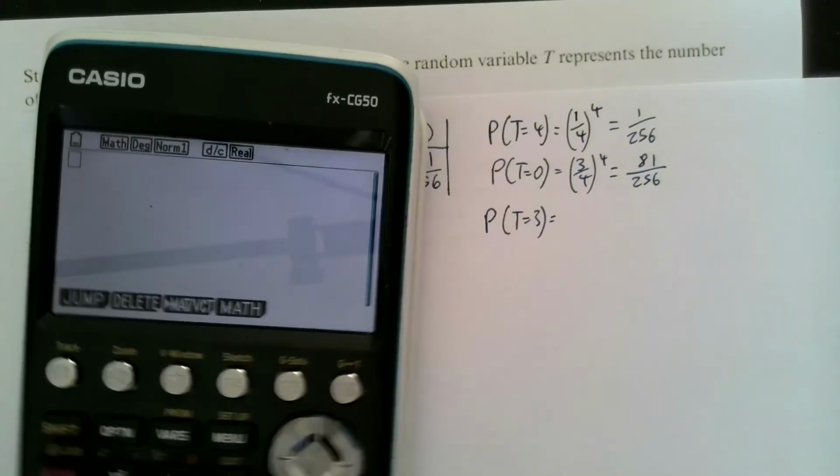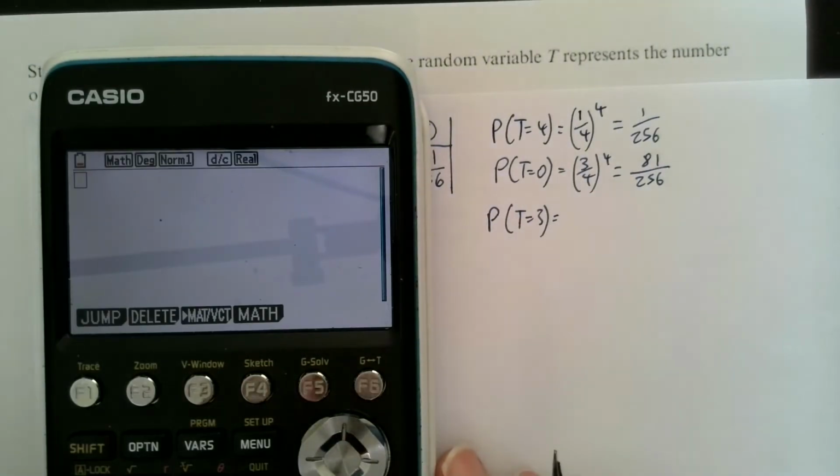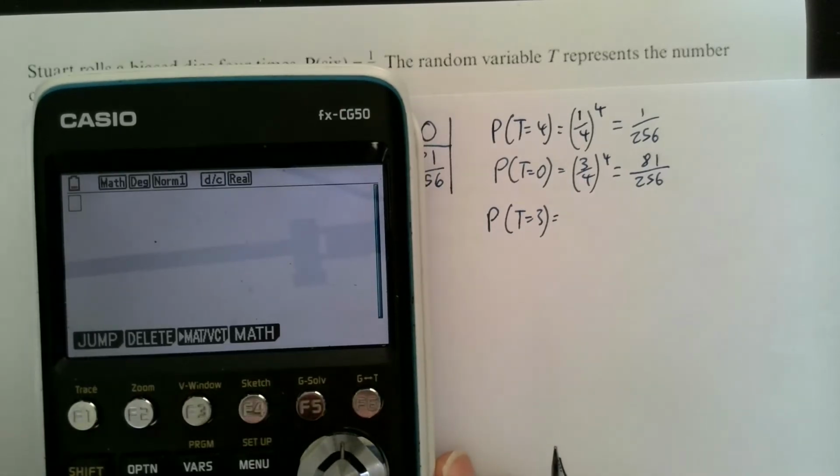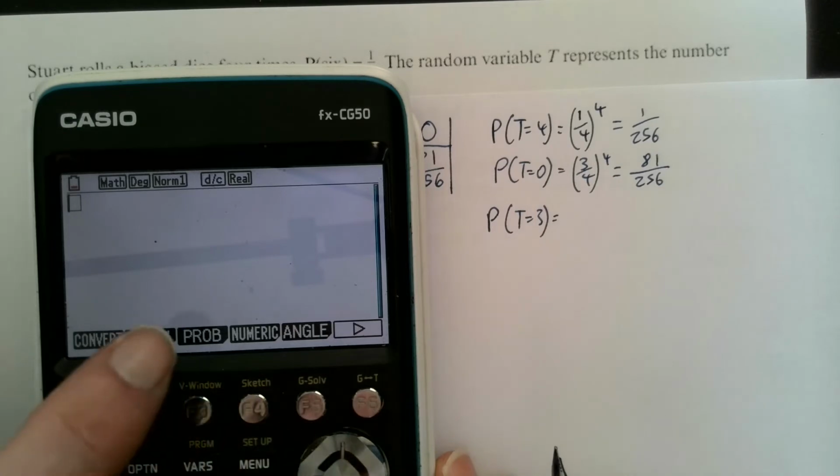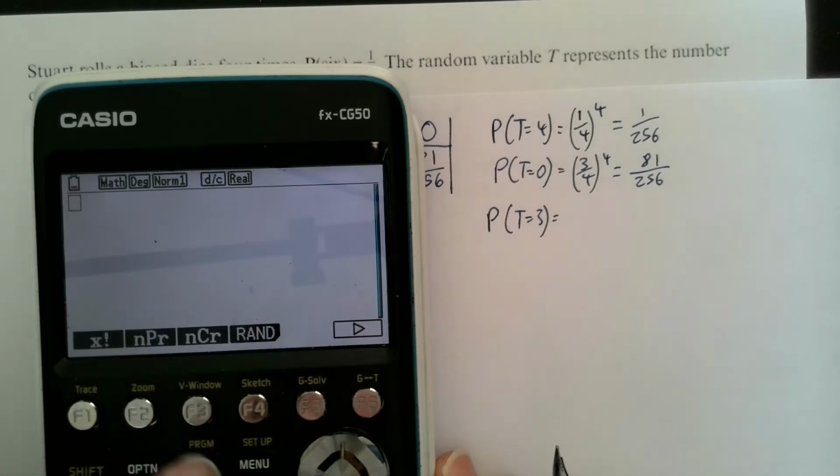Where would we be starting? Right, we're looking for probability, so we go option, arrow across to probability, hit probability, and it's nCr. So we've got 4 different things, 4 events, and we are choosing